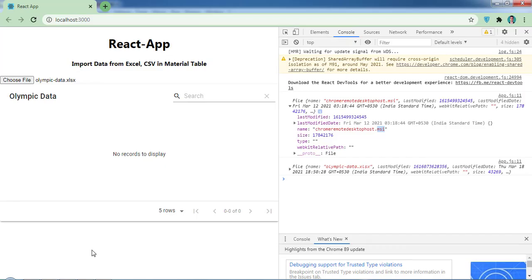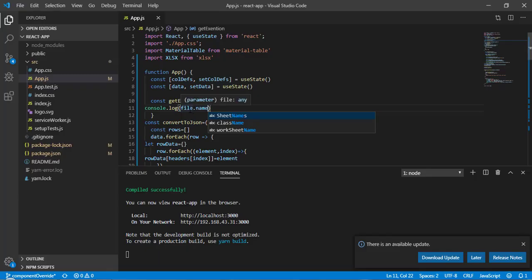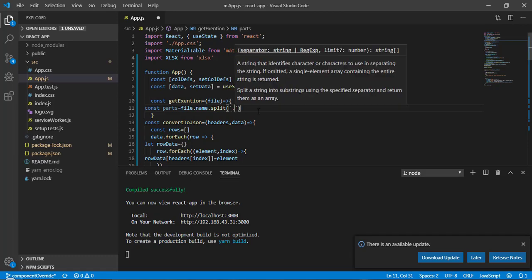Here I will write file.name, and this is going to give me the exact name. Now I will split this, so I will write const parts, and I will call split here, splitting after the dot.